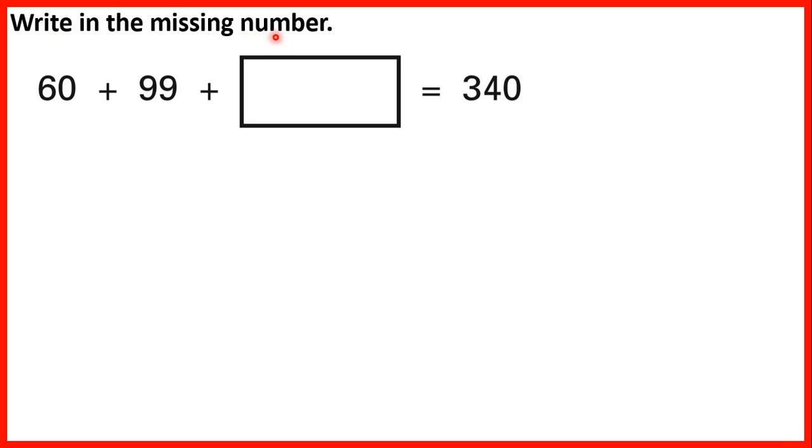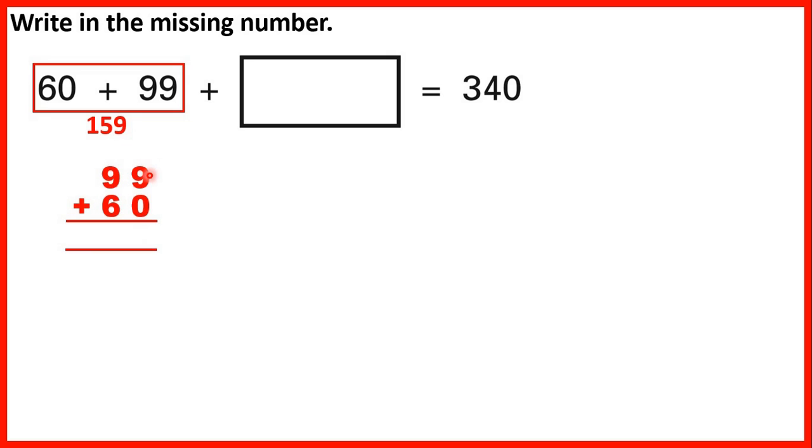Write in the missing number. We have 60 plus 99 plus something equals 340. So first, let's work out 60 plus 99. 99 is 1 less than 100, so 60 plus 100 is 160, and 1 less than that is 159. Or we could use column method to get the same answer. So now